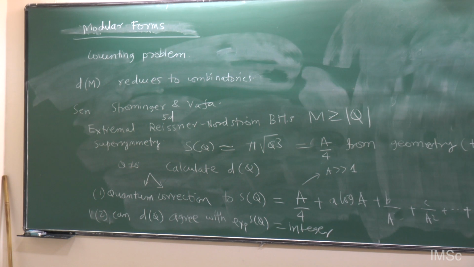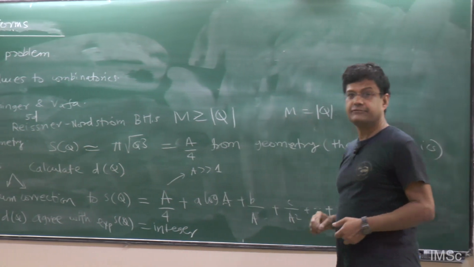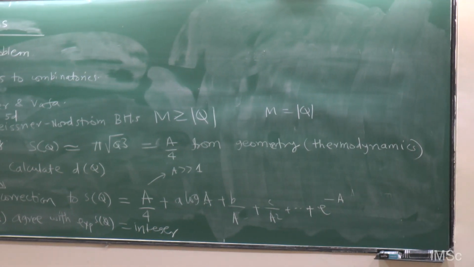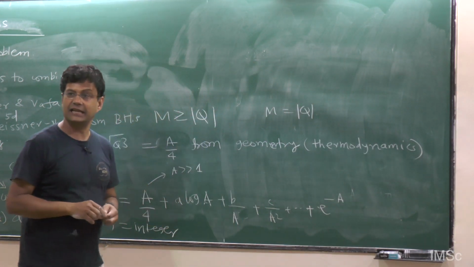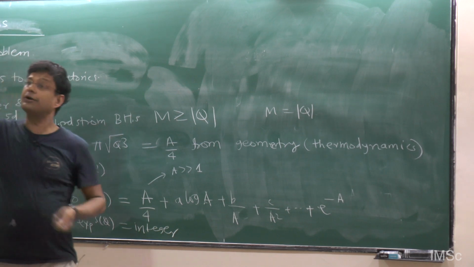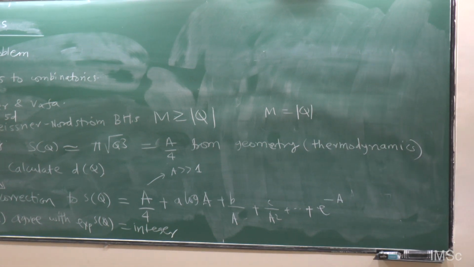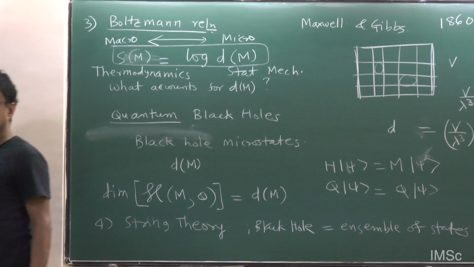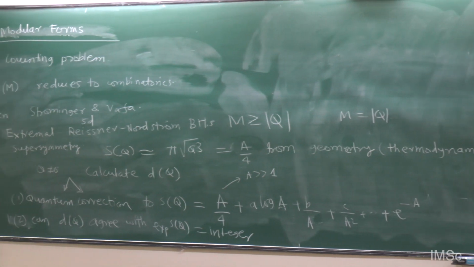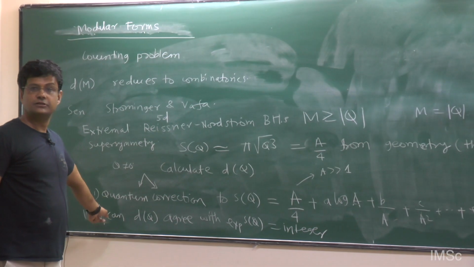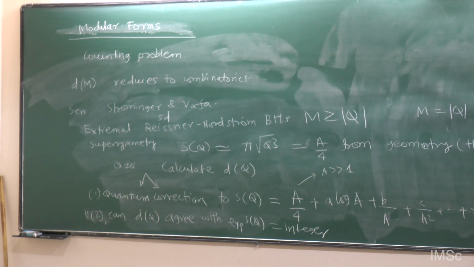But it turns out that for these special black holes with m equal to q, for a class of them, you can actually develop methods using supersymmetry in an important way. So these are kind of toy models, to the extent that they do not correspond to the real black hole, which does not have a charge. But they capture an important physical question, namely, the property that they share with the real black holes is that they have entropy. So you want to explain that entropy in terms of some counting. And remarkably, for these black holes, you get an exact integer in some cases. And once again, that is a very beautiful story.